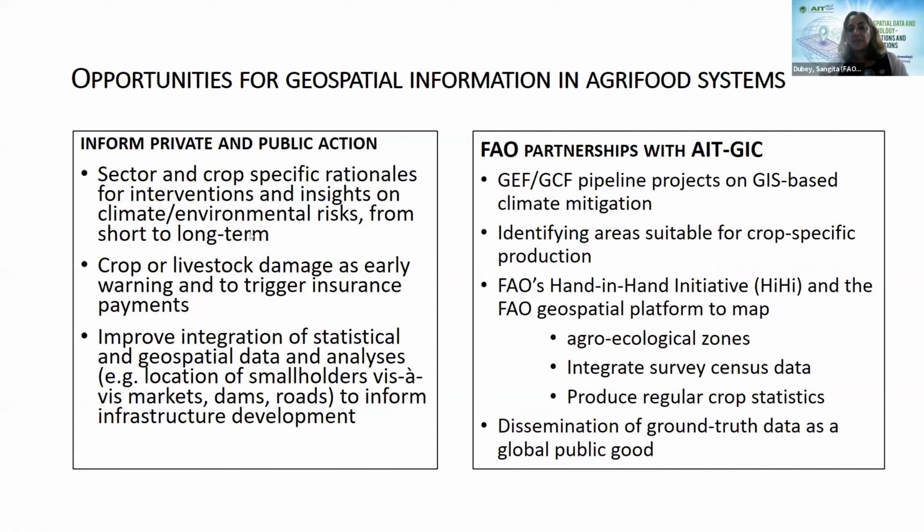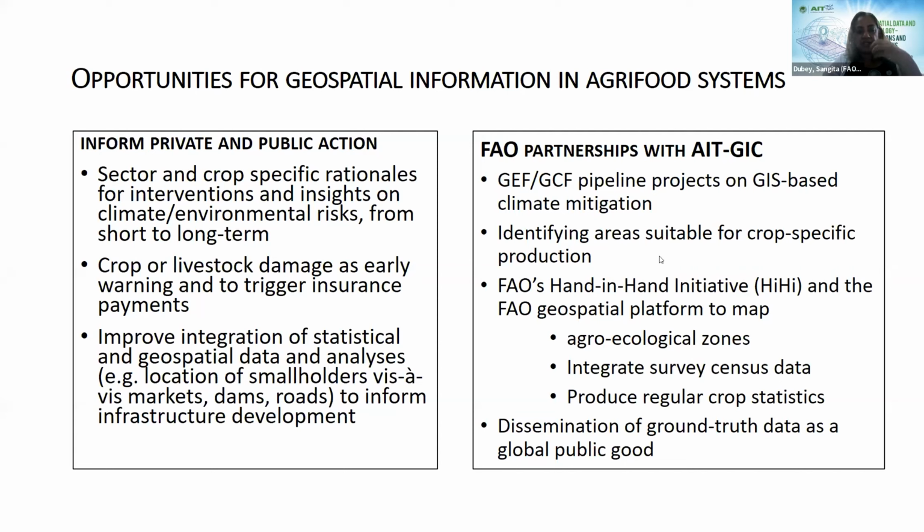So I want to give you an idea of some of the partnerships that FAO currently has with AIT, and I see these as growing. So we've got this big portfolio of what we call GEF pipeline projects. These are major projects at country level. They're funded by a group of donors, and these are typically based on climate mitigation, climate adaptation. And the environment is a huge factor, and of course, agriculture as a sector, given its resource use, environmental resource use, is a big part of these set of projects. So these are undergoing, but these are sources of financing.